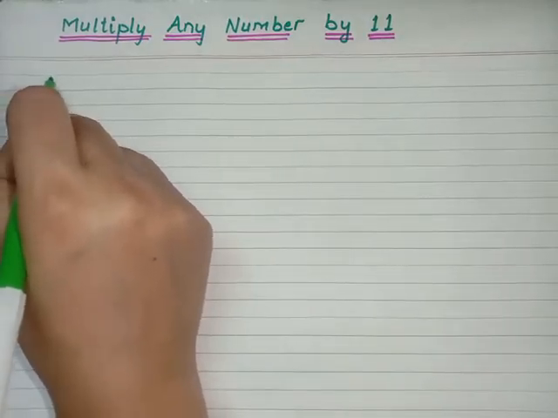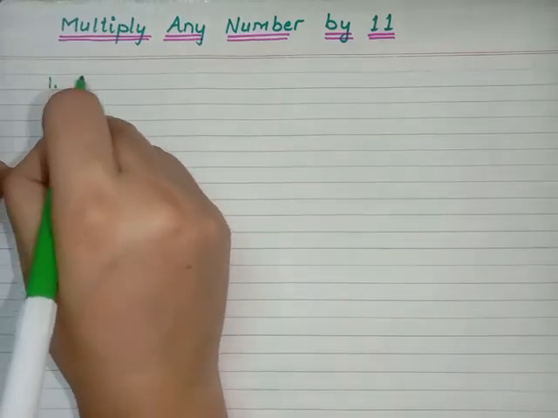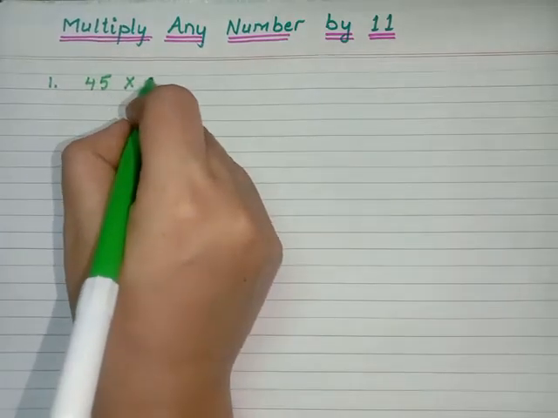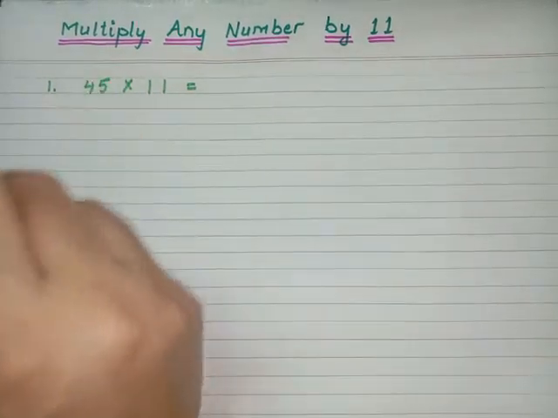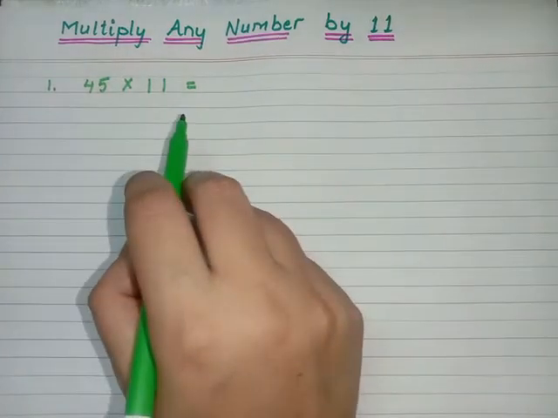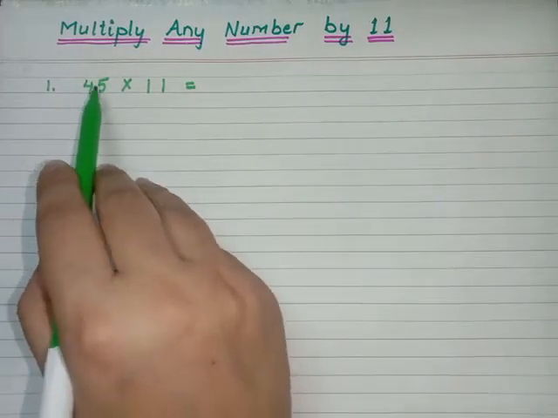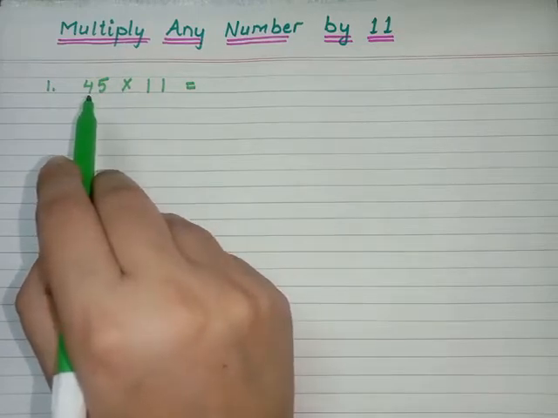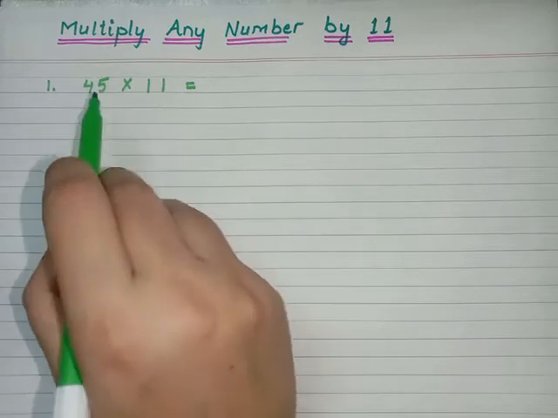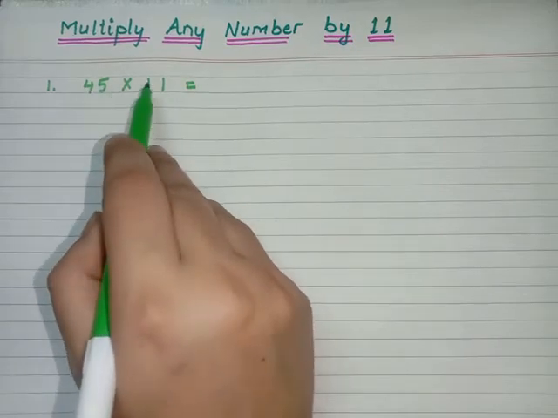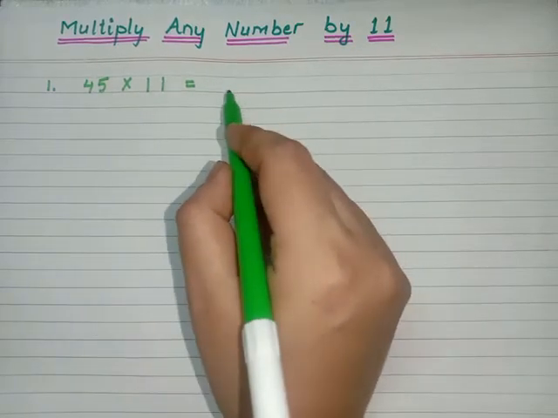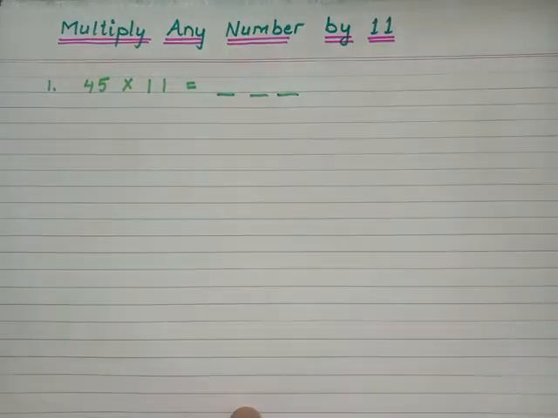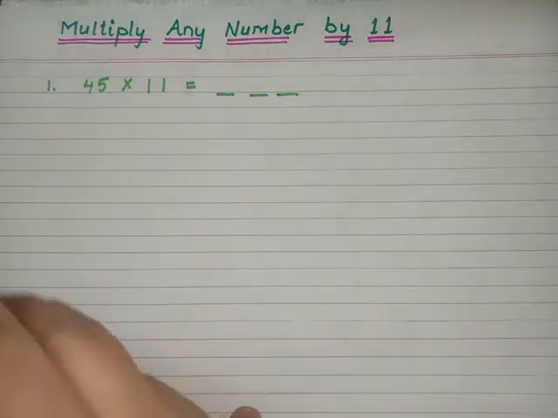Right. So here the very first example I am going to have is, suppose we are having a number 45 and we have to multiply that number by 11. Right. So what the trick is, first of all count the digits. You have to count the digits in the number that is to be multiplied by 11, including the 11, like 1 2 3 4. Here I am having a total of 4 digits, so I will be having 3 digits in the output, in the result basically.